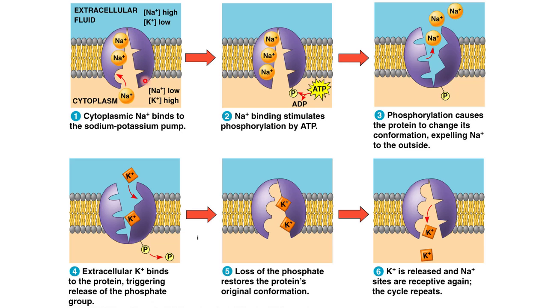The protein wants a phosphate group, so it calls ATP to come bring it a phosphate group. When the protein gets the phosphate group, there's no more ATP, there's only ADP. So the ADP goes away, and the attachment of this phosphate group makes the sodium-potassium pump switch directions, makes a new conformation. So a conformation is the change in shape. So it changes shape to go out, and part of this releases the sodium into the extracellular fluid, so outside